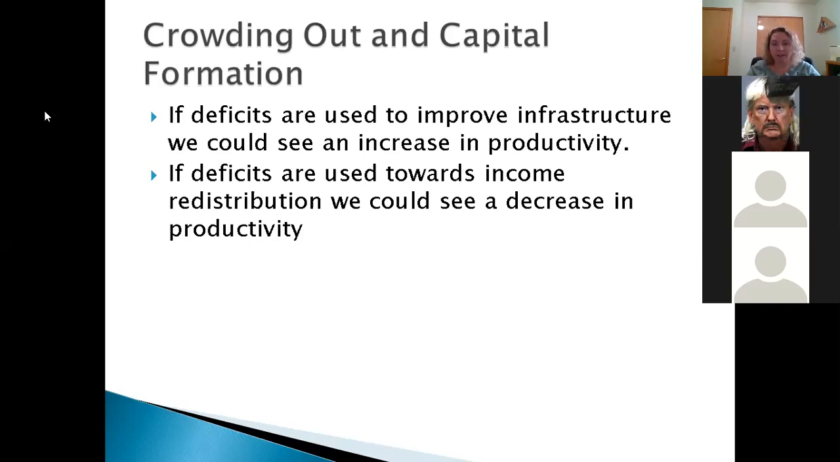If we can do big things that will help us down the line to increase productivity, perhaps those dollars are very well spent. Now, if deficits are used towards income redistribution, so here we're talking about transfer payments, taxing people and then redistributing those dollars in the form of Social Security, disability, unemployment, welfare, any of those reasons,